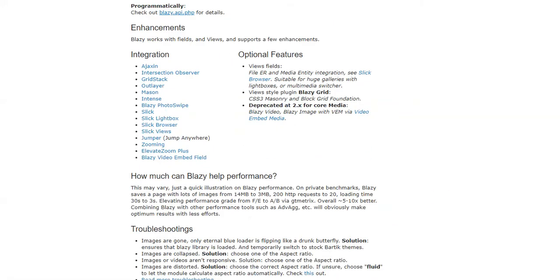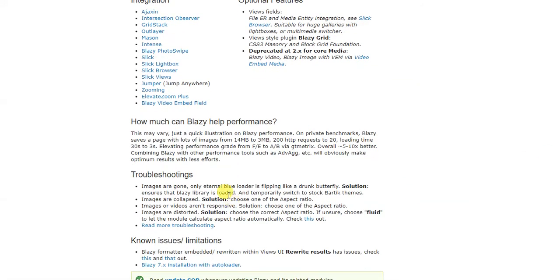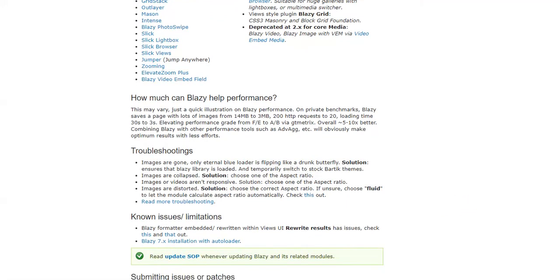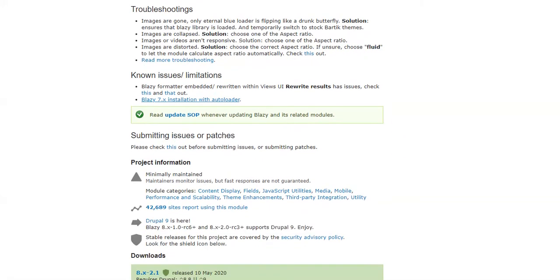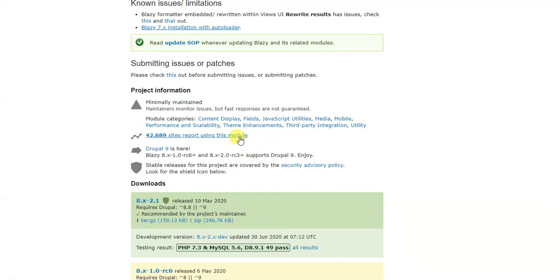That one, the Blazy help forms is solution. Libraries is loaded and temporary. Solution is the Blazy 7.2. That's in the Git, which is very useful also. And then report this module. It's not working. So